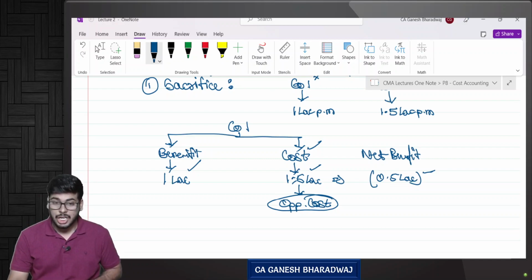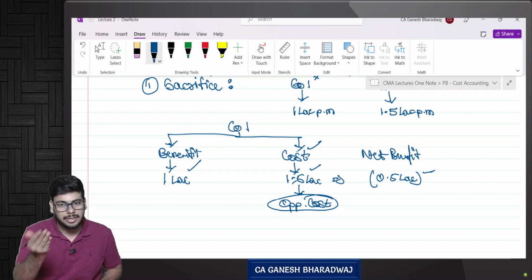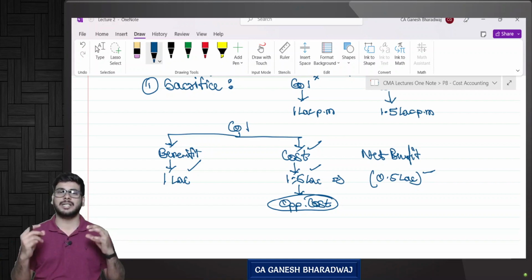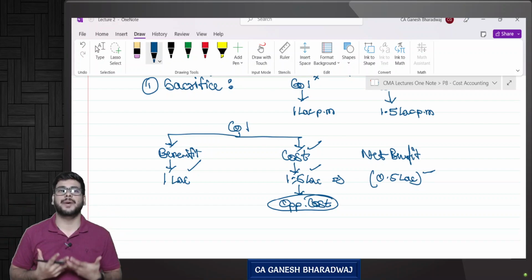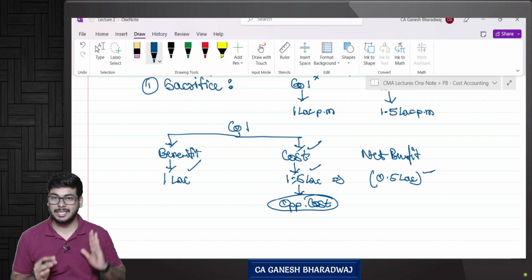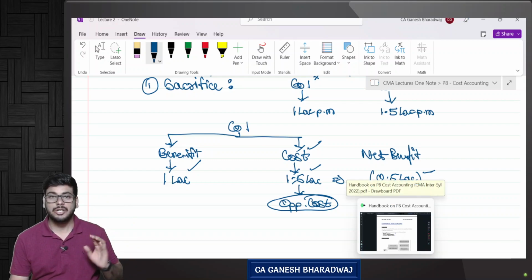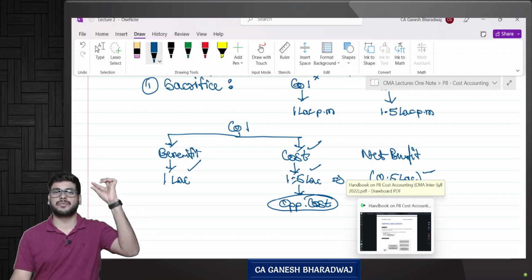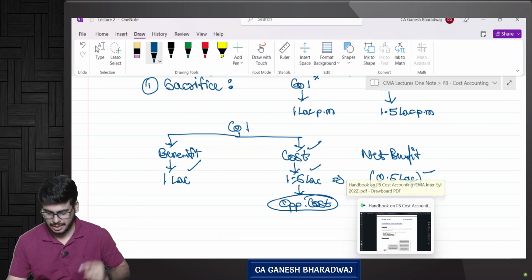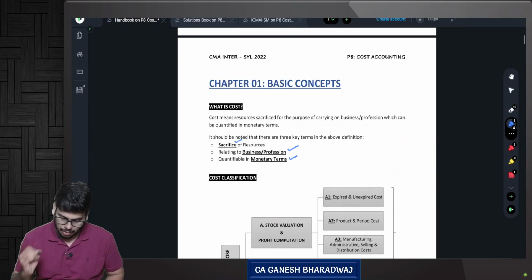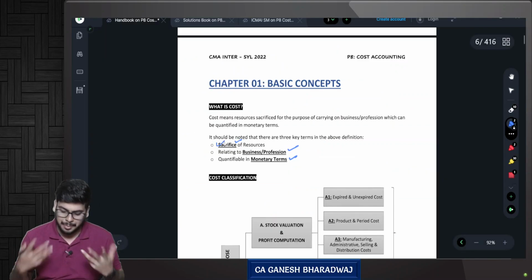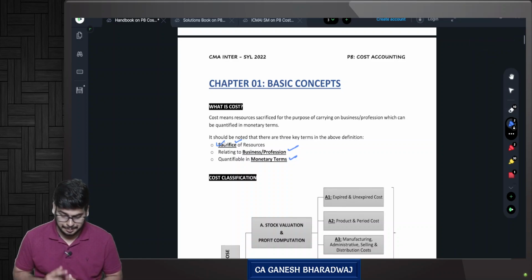Similarly, if you have lost an opportunity, that is also sacrifice. So the word sacrifice is broader as compared to an expense, and that is the reason why the first component of the definition uses the word sacrifice of resources. Are you all clear with this? Yes. Now let's move to the second component that is a part of the definition of cost, relating